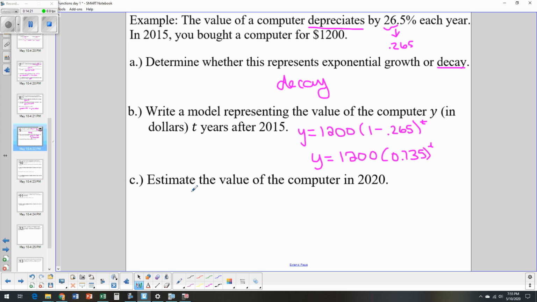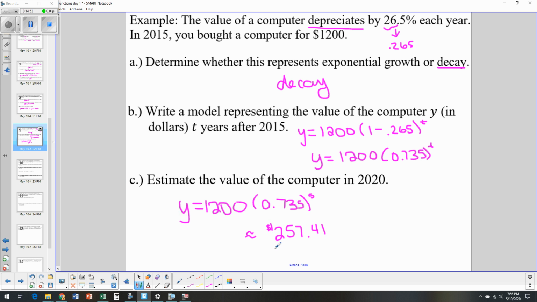And for C, estimate the value of the computer in 2020. So 2015 to 2020 is 5 years. So we're going to plug in 5 for t. So just like I showed you before on the calculator, we're going to raise this decimal to the power first. So I'm going to do 0.735 to the 5th power first, and then multiply that by the 1,200. And if we do that, we get about 257.41. This is money, so we can go to 2 decimal places,